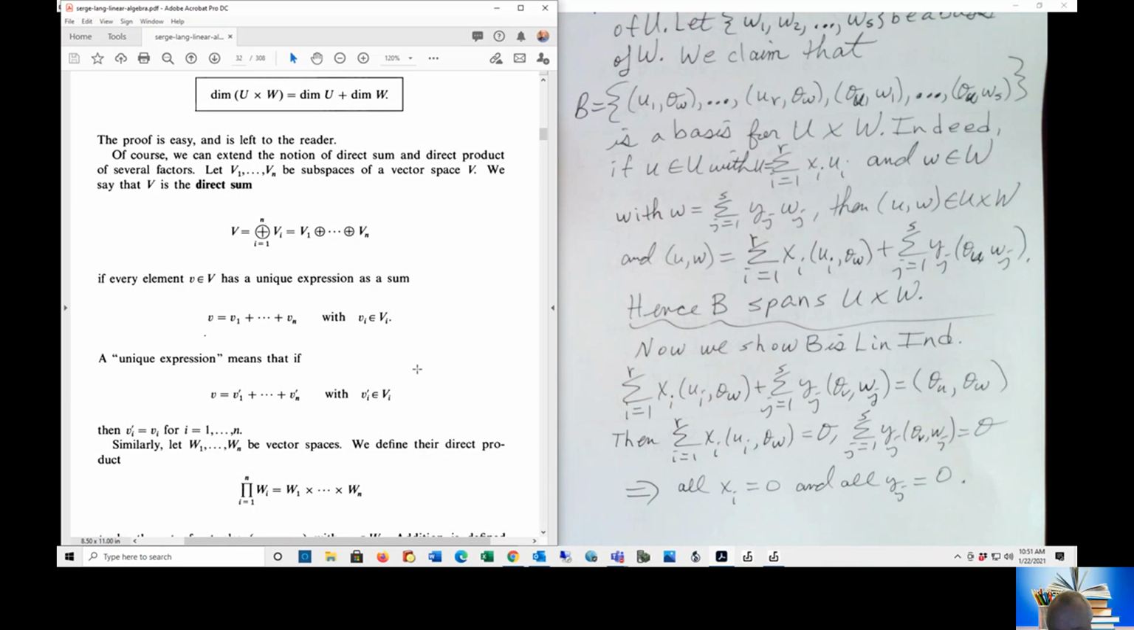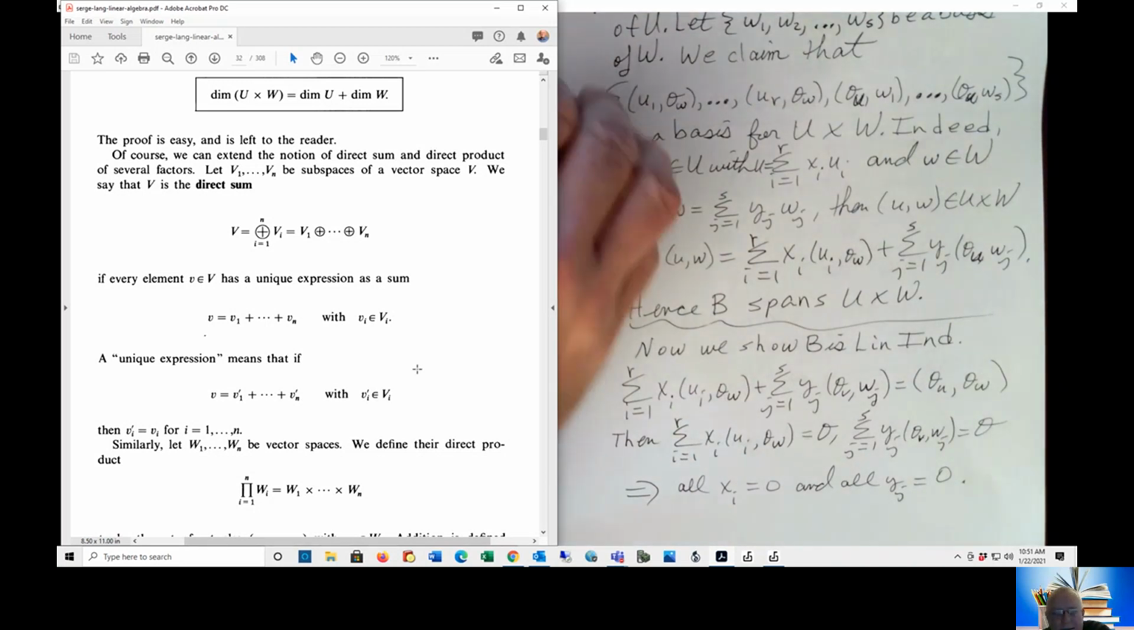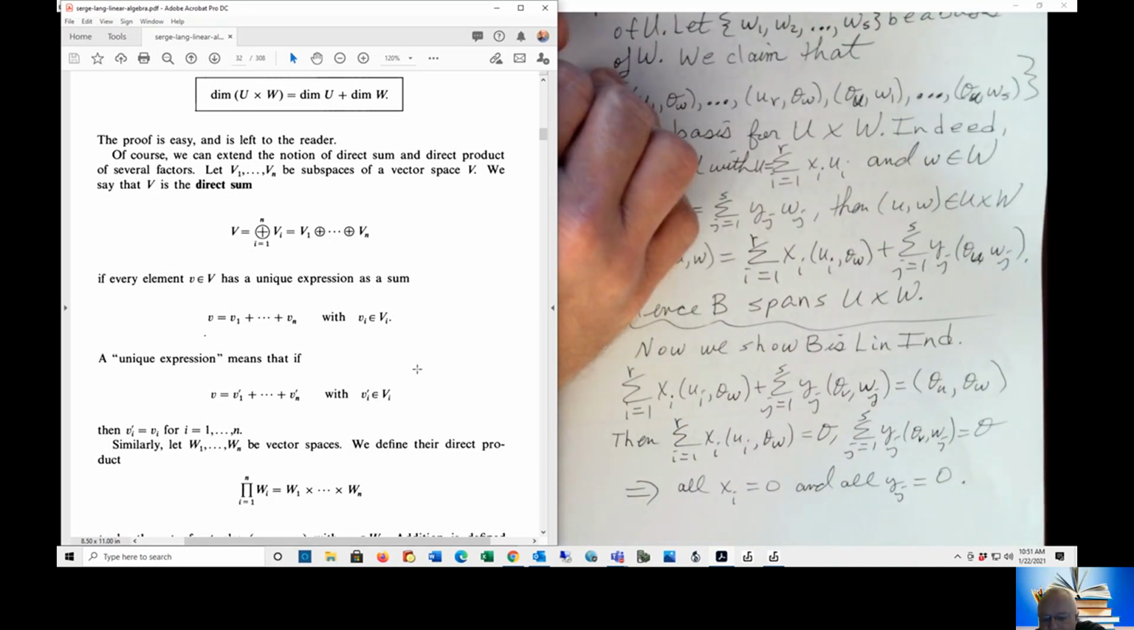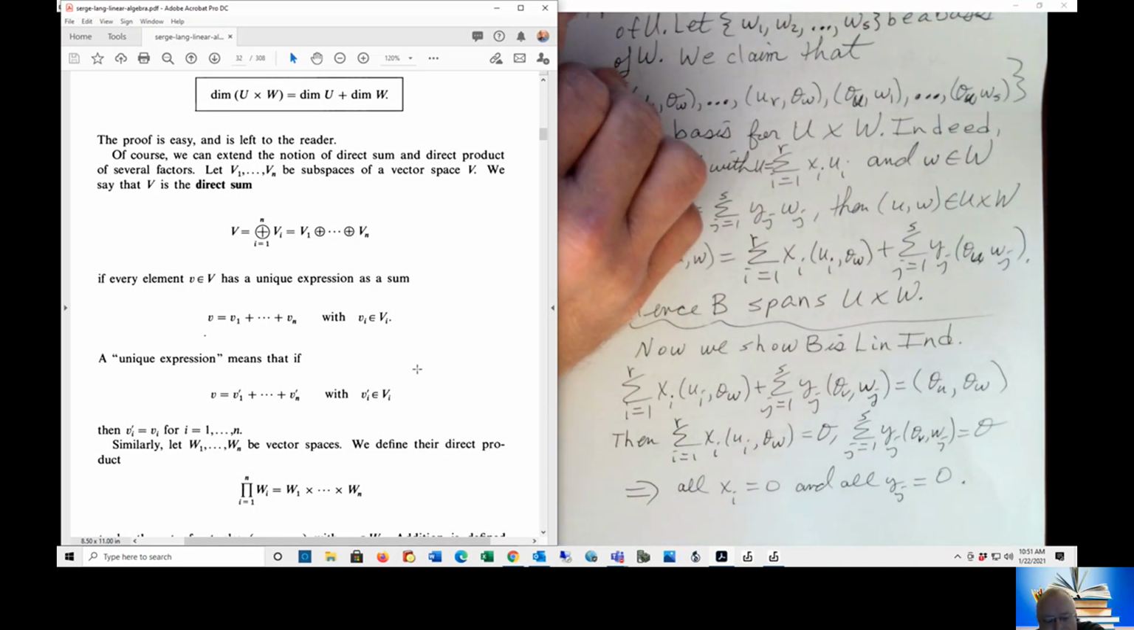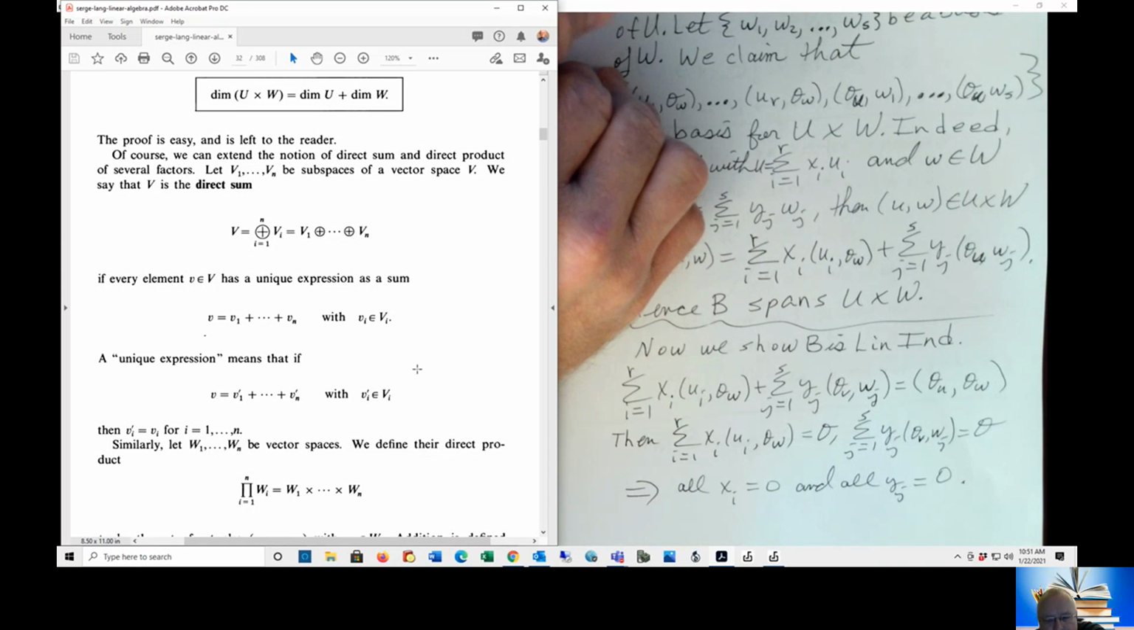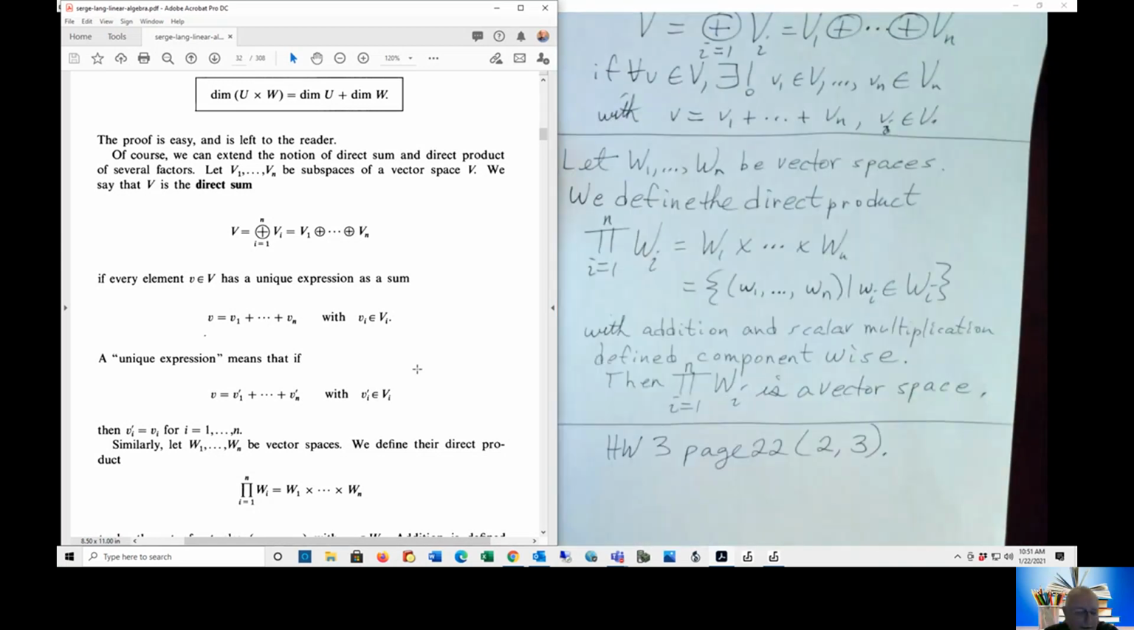So I would not say that it's trivial to prove. And so now we have it. The dimension of the direct product of U and W is the sum of the dimension of U plus the dimension of W. Finally, in this section, we're going to look at extending the idea of direct sums and direct products